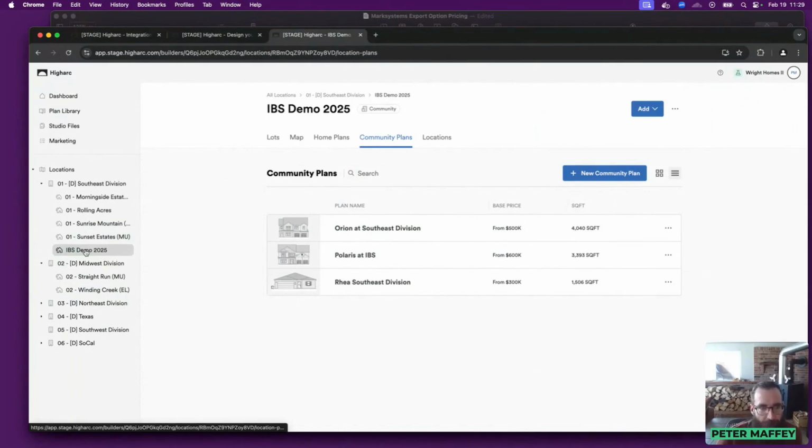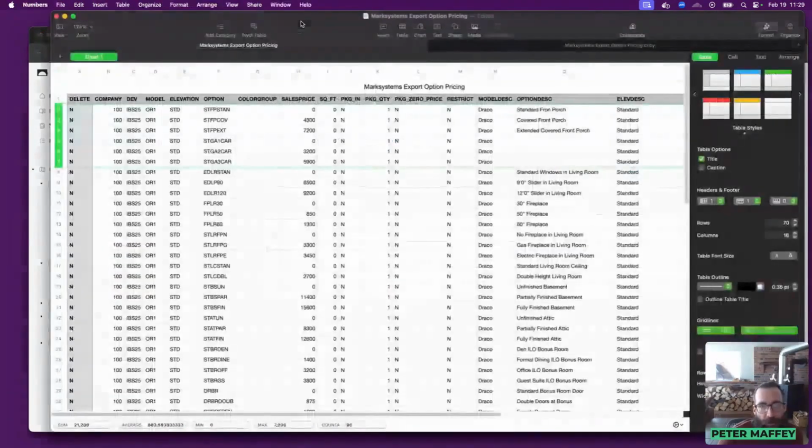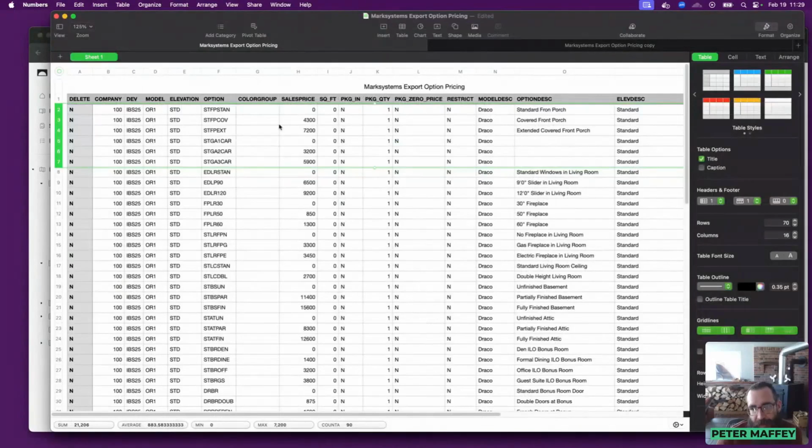point and click interface. So what we've developed is an ability to, so this is a standard export that you would get from MarkSystems. You hit a button and these are the columns, the spreadsheet tabular data that comes out of that. There are a couple different columns here where you have your community, your plan, and then your price and description. And so we've developed this ability to take in any sort of structure of tabular data that your ERP could output,